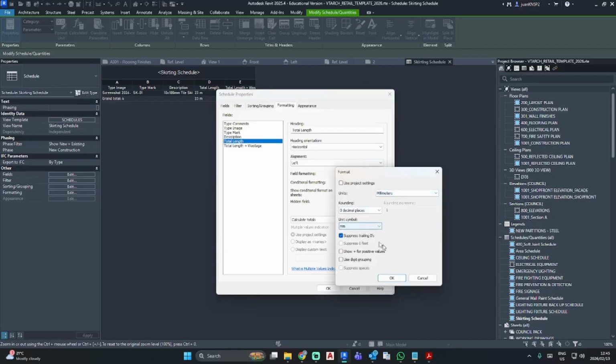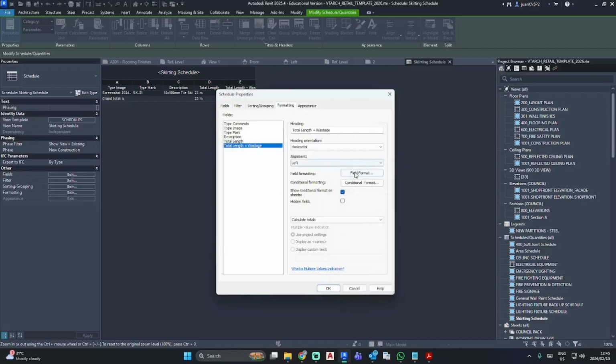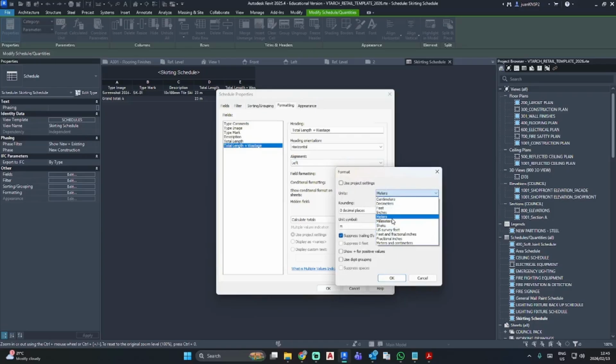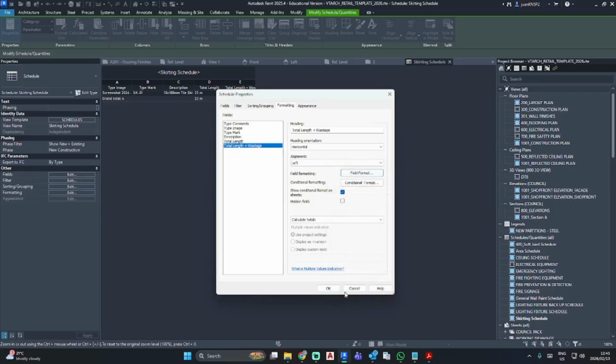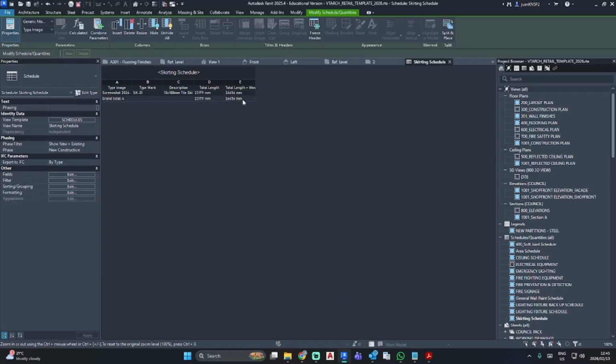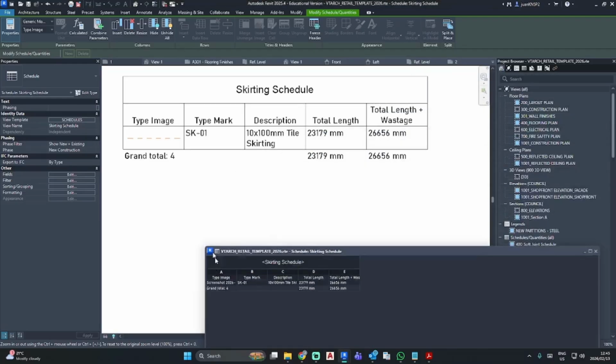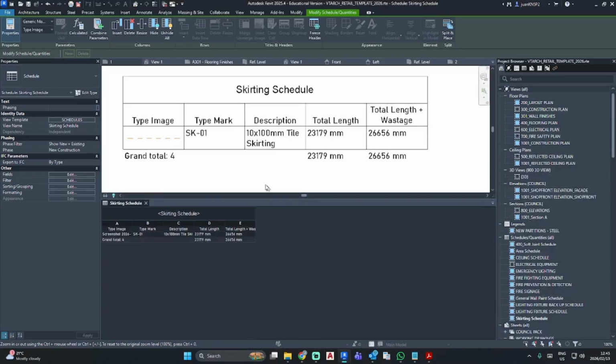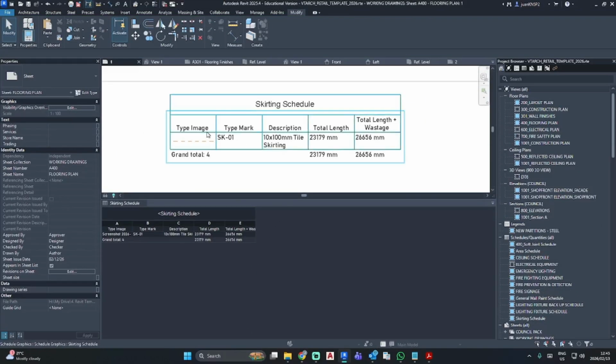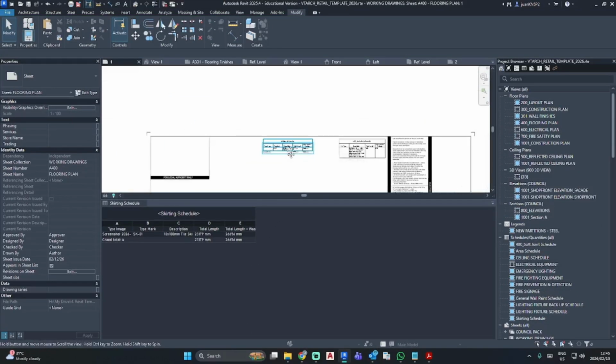So I'm just going to change this back to millimeters. Okay, and there we have our millimeters. So if I just put this back down here, you'll see that it has now updated.